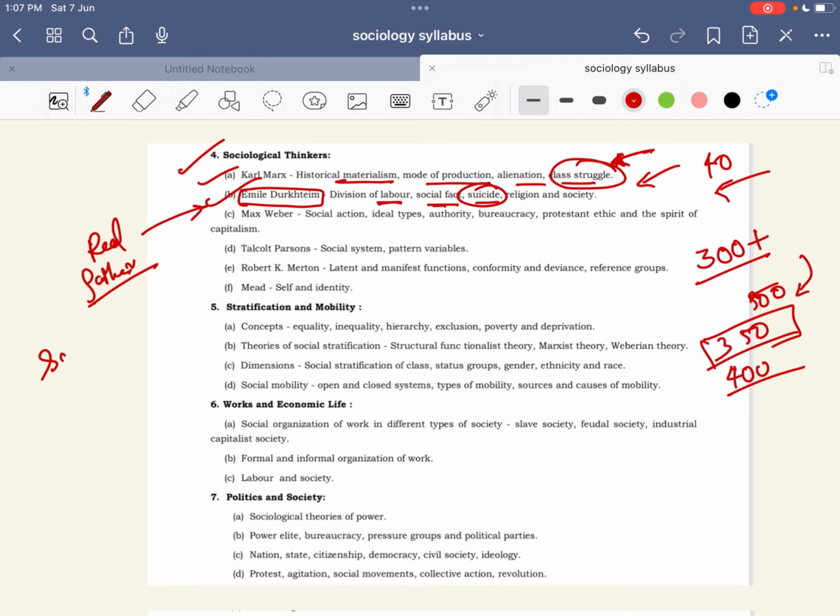Why do you think he has done work on suicide? Okay, so he considers suicide as the most important perspective in sociology. And UPSC has included suicide, meaning his work on suicide, in the sociology syllabus. What do you think, why has UPSC introduced suicide, especially his work, and that too in your portion?